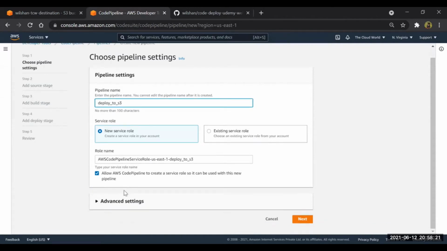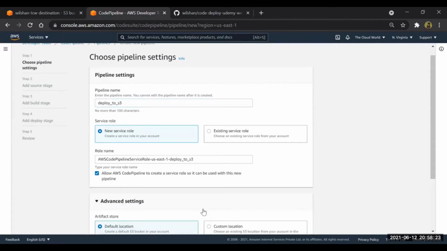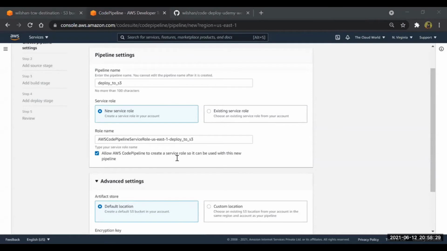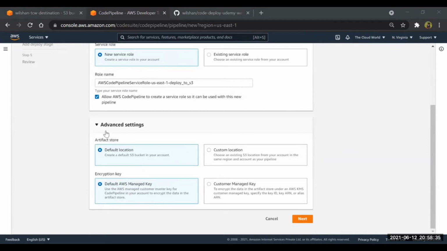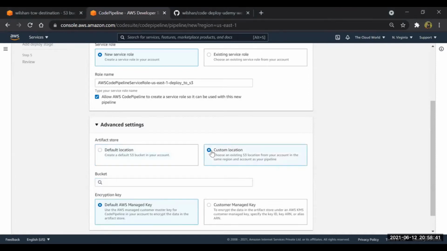So guys, what is this pipeline? In this section, it will just create a pipeline from GitHub to the S3 bucket. This is the artifact store. What I'm going to do, I'll create my artifact inside a custom location.